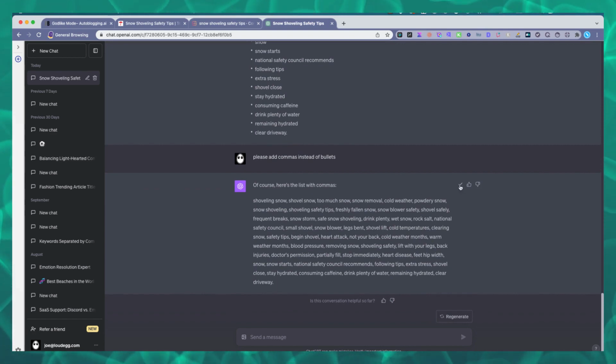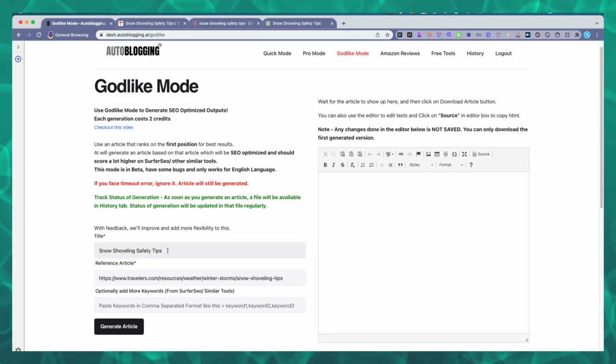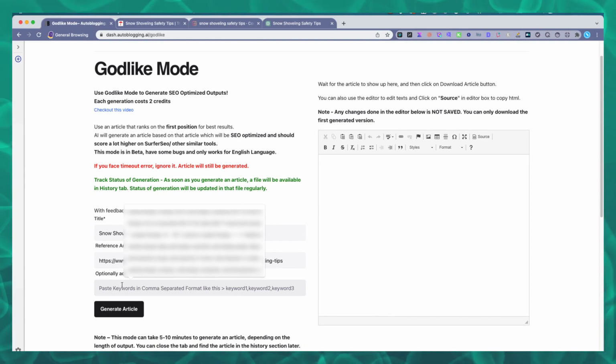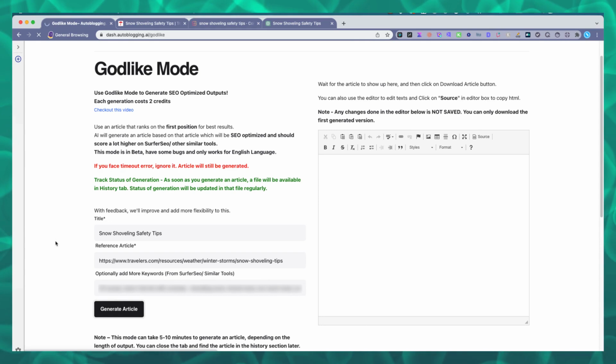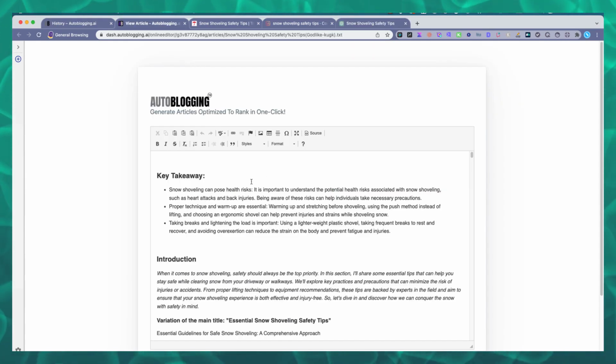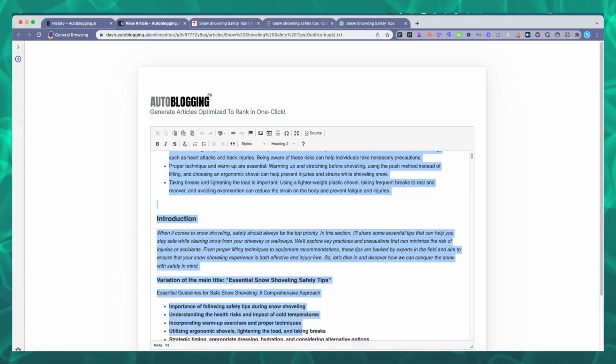Then I'm going to copy these, go back to godlike mode, throw them in here, paste. They're all in there. Maybe get rid of that period. And we're off. Generate article. Now the article is generated. I opened it up in the Autoblogging AI editor. You can also download it. Let us take all this,